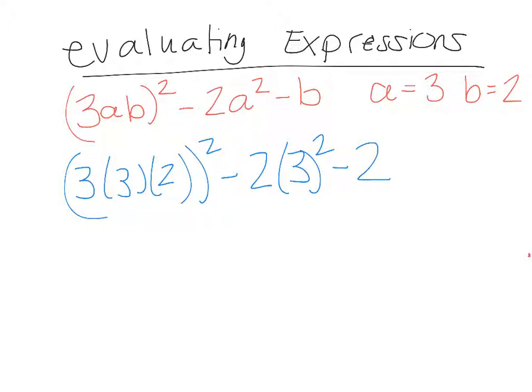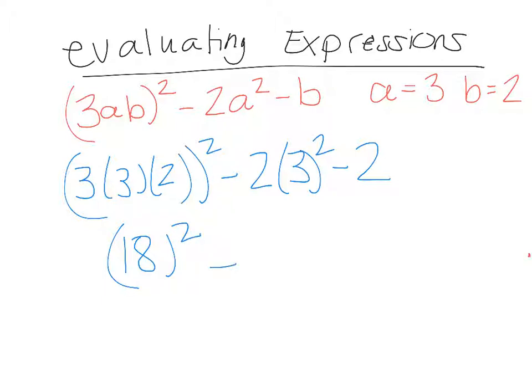Now, this is the part that kids mess up the most on: they don't remember order of operations, and that's where we end up getting different answers than the correct answer sometimes. So, please excuse my dear Aunt Sally. We all remember that, or there are different combinations of it. The first thing we're going to do is parentheses. So 3 times 3 is 9. 9 times 2 is 18. So I really have 18